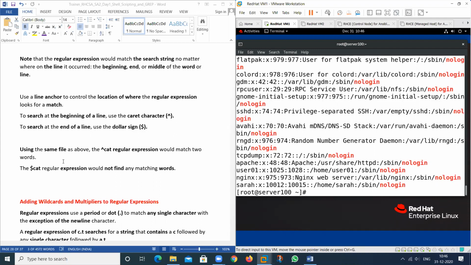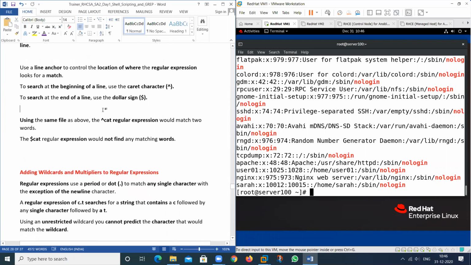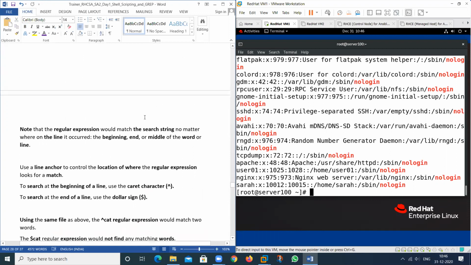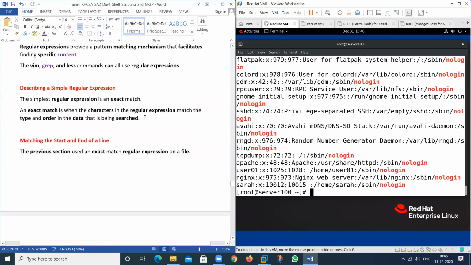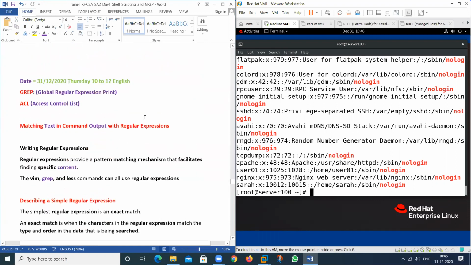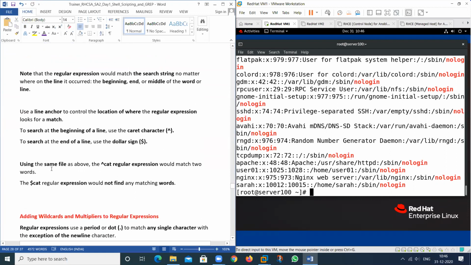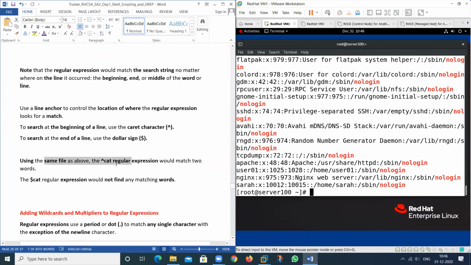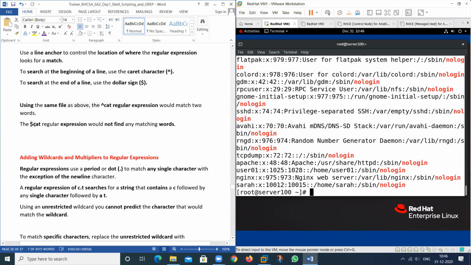If I know only that exact match, it means sometimes we use this type of thing also. Same, this one. This is for the end.